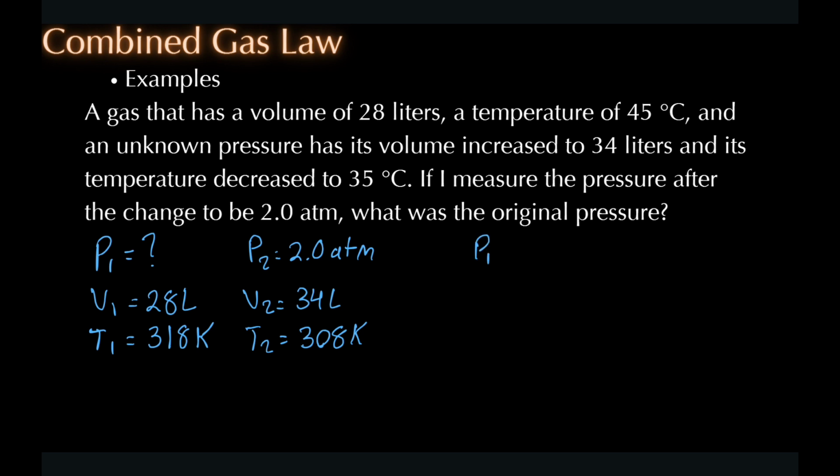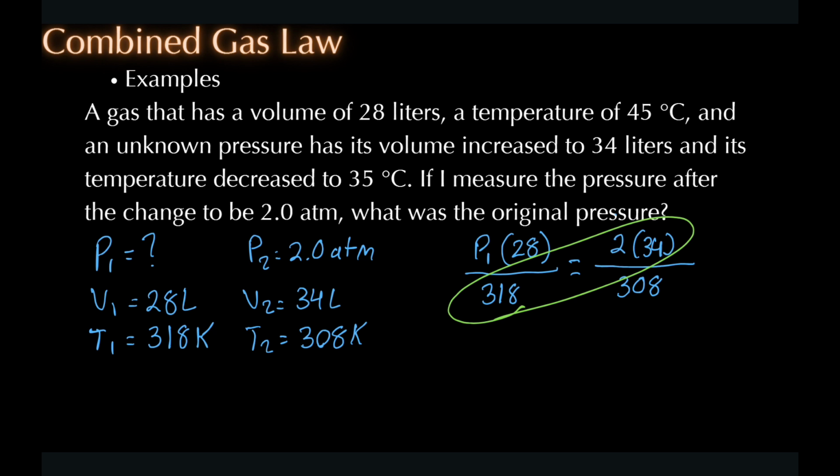So our P1 is the unknown multiplied by our 28 liters divided by our 318 Kelvin. Set that equal to the final pressure of 2 multiplied by the final volume of 34, all divided by the final temperature of 308. We are going to cross multiply. So we're going to multiply all of these together, and then we're going to multiply all of this,